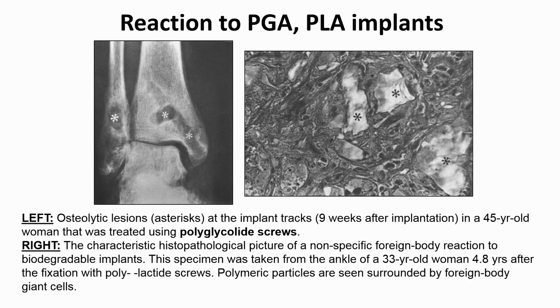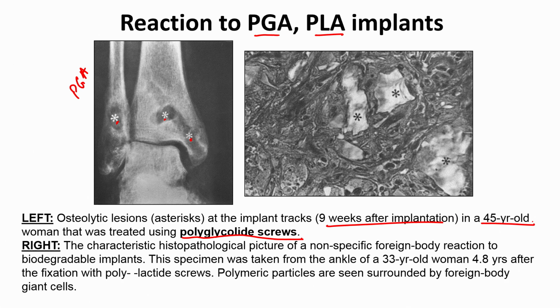So, here what you see is PGA and PLA implants, very similar to PLGA. Basically, instead of a copolymer, now you have polyglycolic acid or polylactic acid, and here you have some bone implants. What has been done is polyglycolic acid screws have been made on the left side. So, this is for the PGA. They have made PGA screws, and what you find is these screws actually are causing lesions to develop. Right. So, you can see all these lesions where the bone density is fairly low, where these screws were implanted, 9 weeks after implantation. So, the screws are probably gone at this time, but what you are seeing is the bone really has not grown,